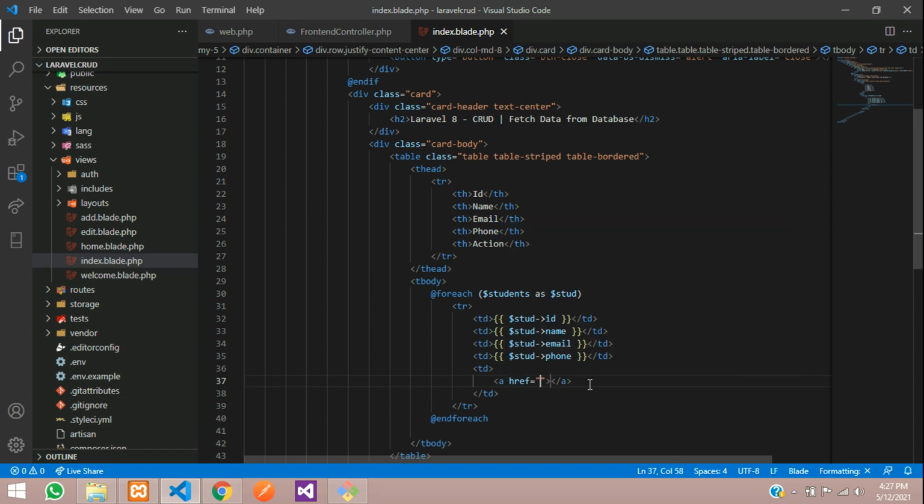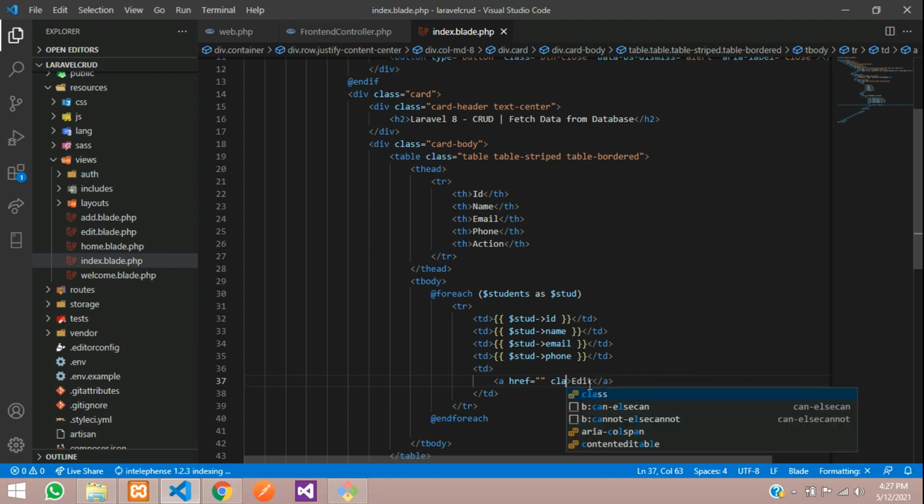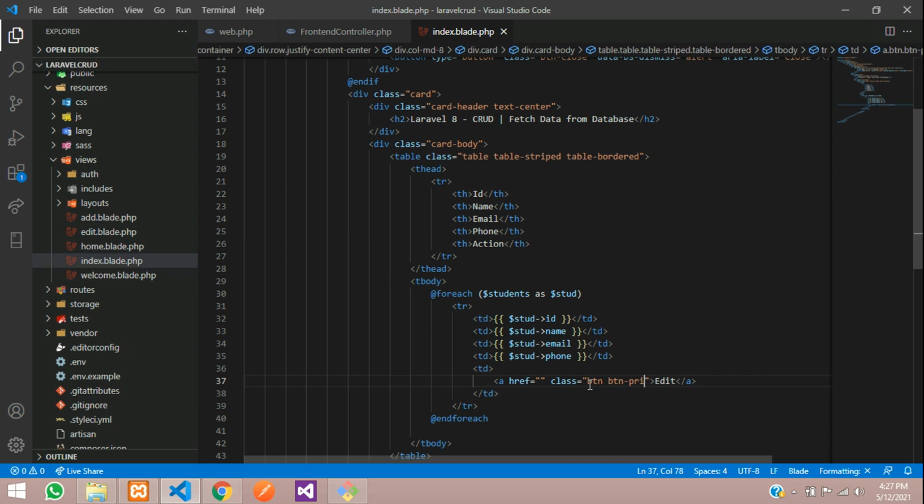Okay, and say edit, class btn-success, let us keep. Okay, and here you will give the URL that we will be creating now. So we'll just copy paste the same thing and make the button for danger also, I mean the delete part. Okay, so here we will be giving the URL of the page it has to go to, to delete this.